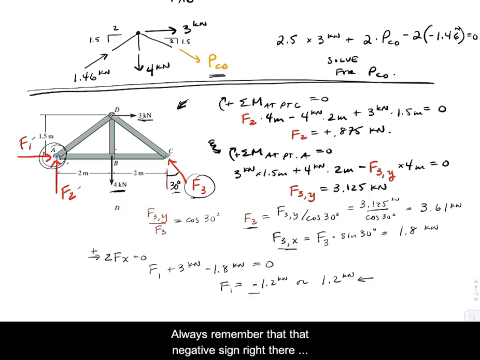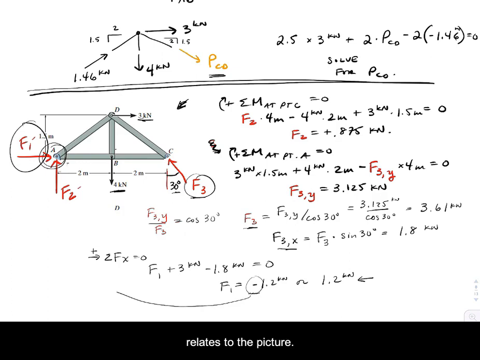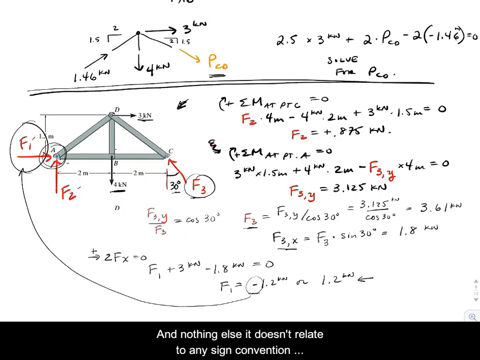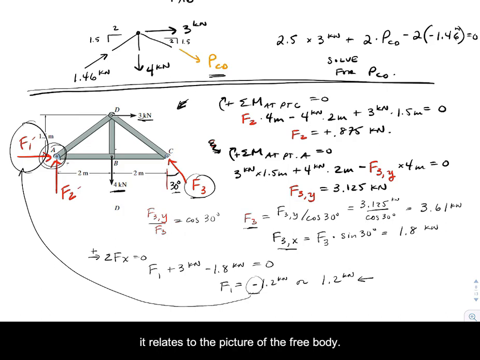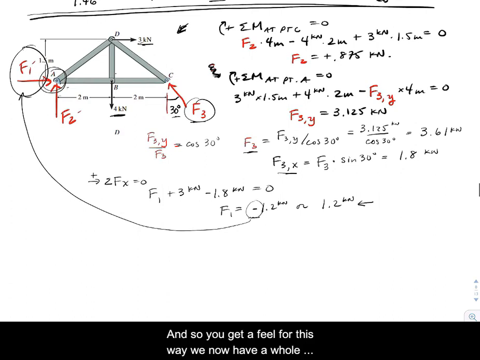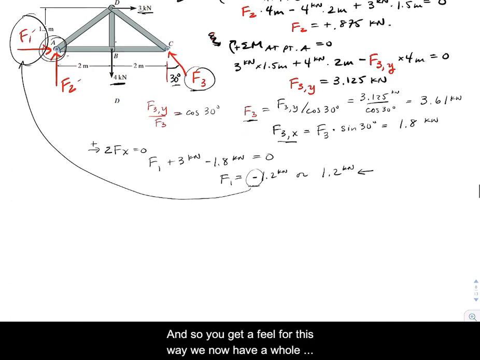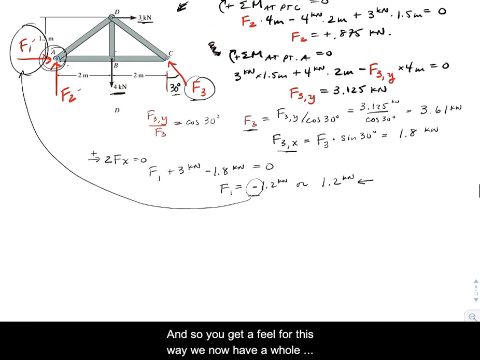Always remember that that negative sign right there relates to the picture that we got it from, and nothing else. It doesn't relate to any sign convention. It relates to the picture of the free body diagram. And so you get a feel for, this way we now have a whole structure free body diagram